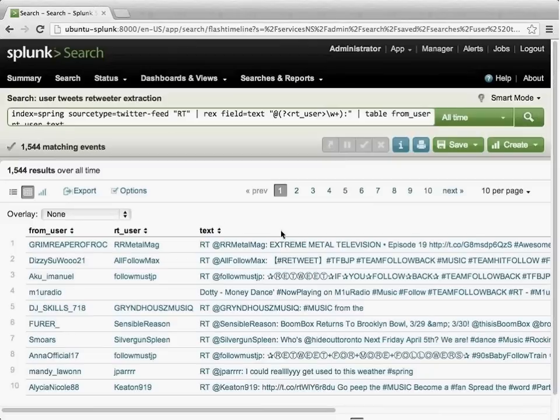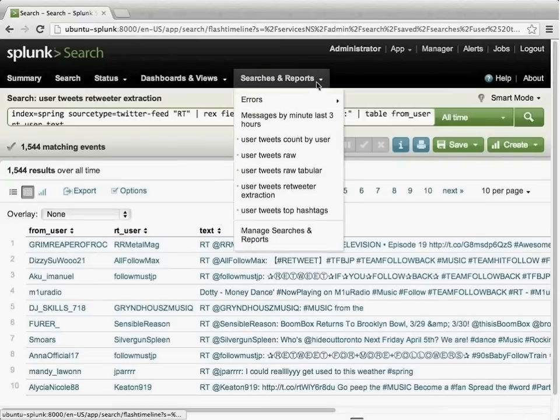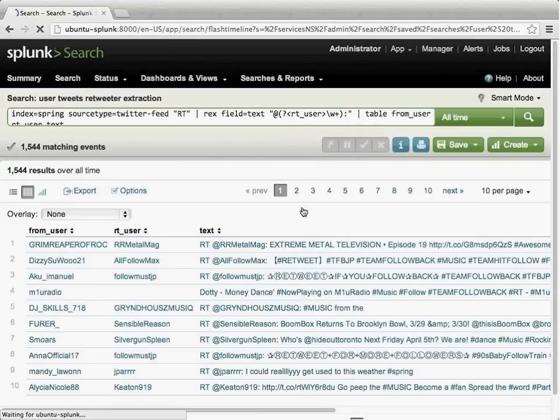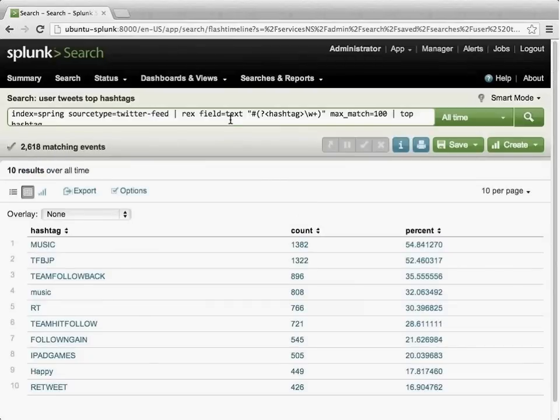Likewise, some other interesting information we might see is hashtags. That's great. I want to pull out all the hashtags so I can write some Splunk search commands which analyze what the top hashtags people are tweeting about at the moment. So we can go over here and use a tweet top hashtags search. I've dynamically extracted all the hashtags based on a regex pattern into a field called hashtag. And then I've piped that into another Splunk search command to tell me what all the top hashtags are that people are currently tweeting about.